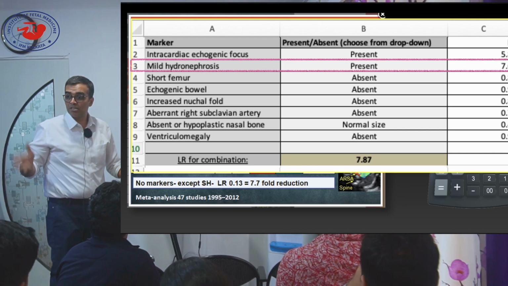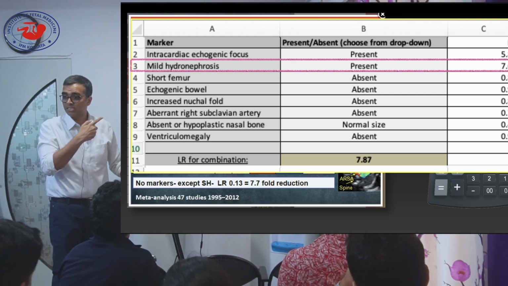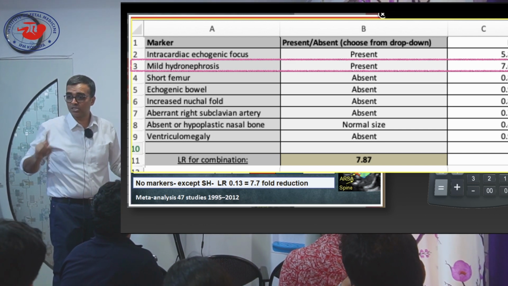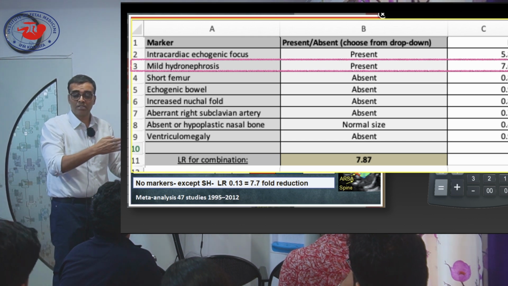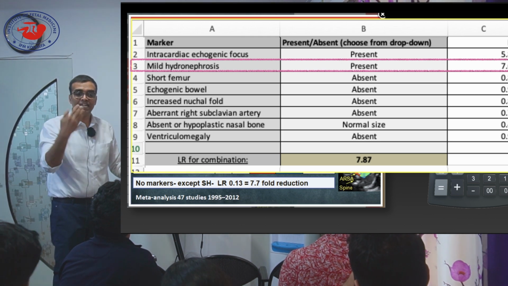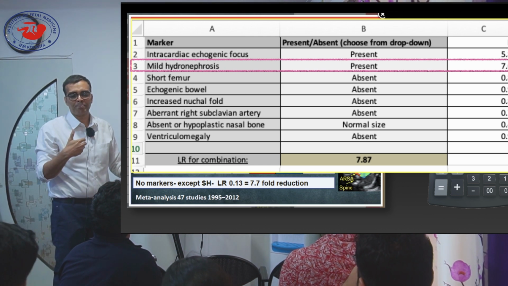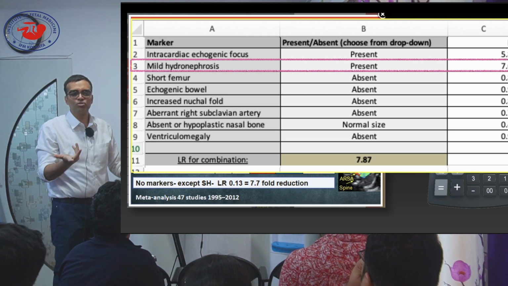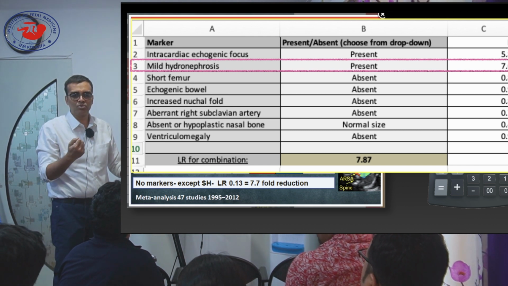You look at all the other markers as I have shown you in the previous, and then just tick box everything, recalculate in the calculator, and then you assess the risk. Okay, it happens. Like recently we were seeing a case where there's just an echogenic intracardiac focus, very benign, nothing to worry,